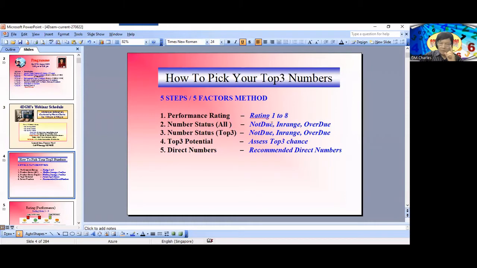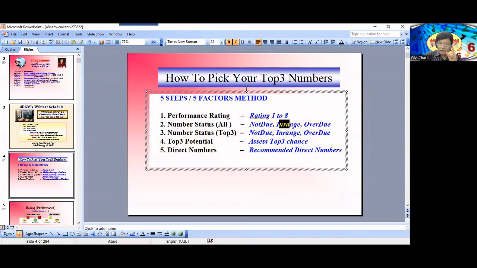At any one time, any one of the numbers will have either not due, in range, or overdue. And this applies to the number status top 3. Also, they would have not due, in range, overdue. Okay. I will later go into more detail on this, just to recap so that you understand the whole process better. The fourth